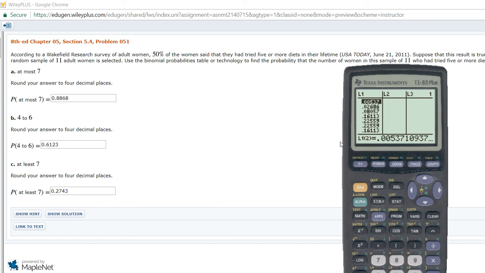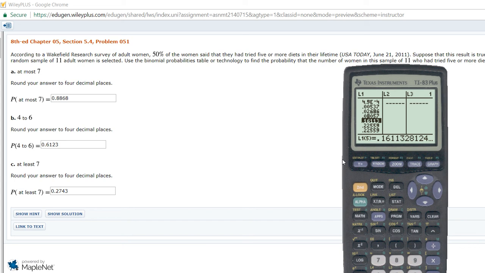For at most 7, that would be up to 7 women. And for at least 7, that would be 7 or more women. But for this 4 to 6, we can use this table here. So this is the probability of 0, then 1, 2, 3, 4. So my 4 is